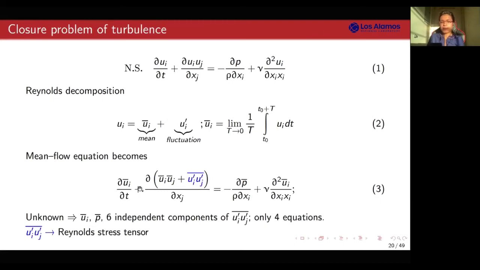So here the mean flow quantities are already unknown, but we have an extra unknown, which is the correlation of fluctuating velocities. Now, this is the closure problem of turbulence, because here the number of equations is less than the number of unknowns. That is, we have more unknowns. We can write an equation for these fluctuating velocities, but then we will have a term which has a triple correlation of fluctuating velocities. So there is a hierarchy of equations, and this is the closure problem. Generally, this problem is solved by writing a model for these fluctuating quantities,